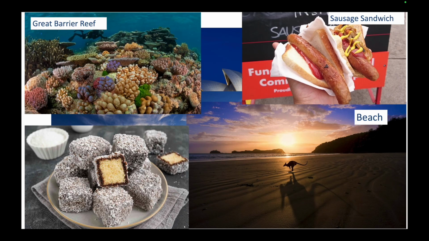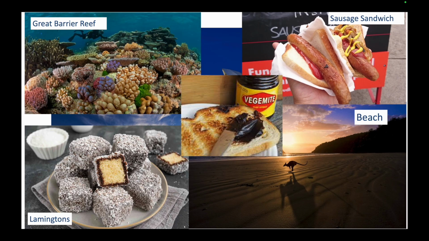And then again, I've got like these square things. And I'm like, what's this? Wombat poo? No, Lamingtons. And then I just describe sponge cake, chocolate, coconut. So I use a lot of gesture as well.